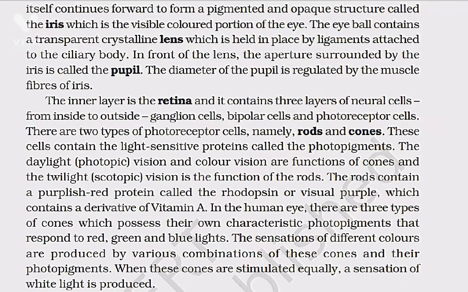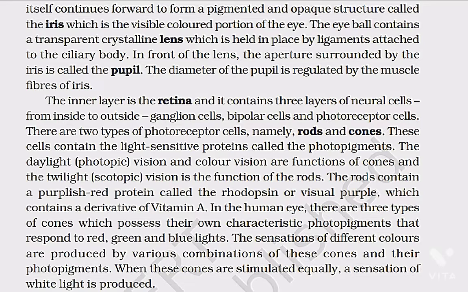The daylight, photopic, vision, and the color vision are functions of the cones, and the twilight, scotopic, vision is the function of the rods. The rods contain a purplish red protein called the rhodopsin or visual purple, which contains a